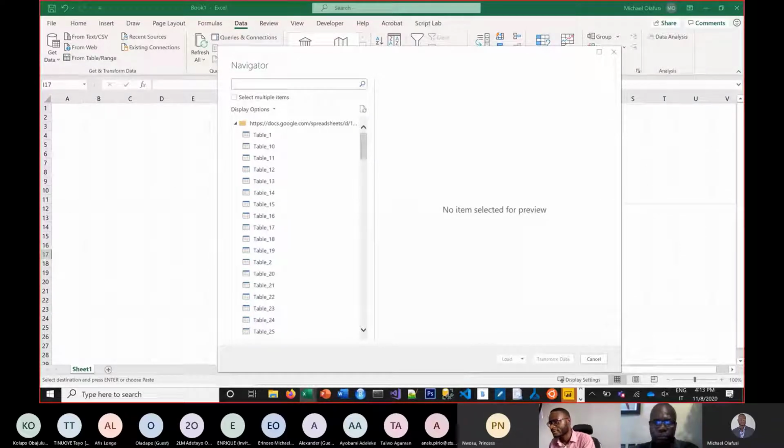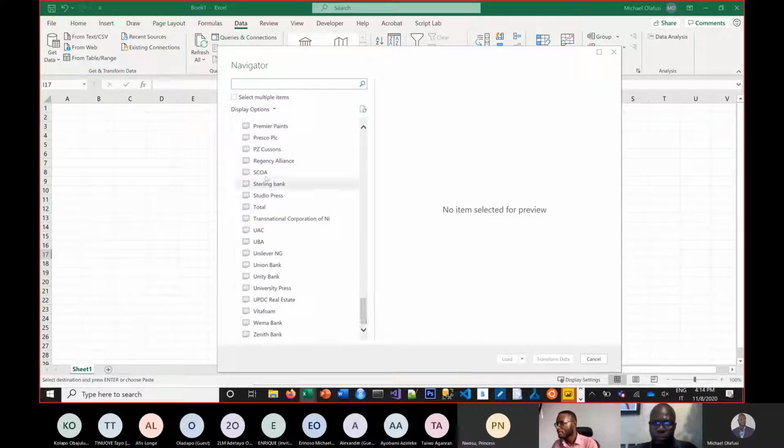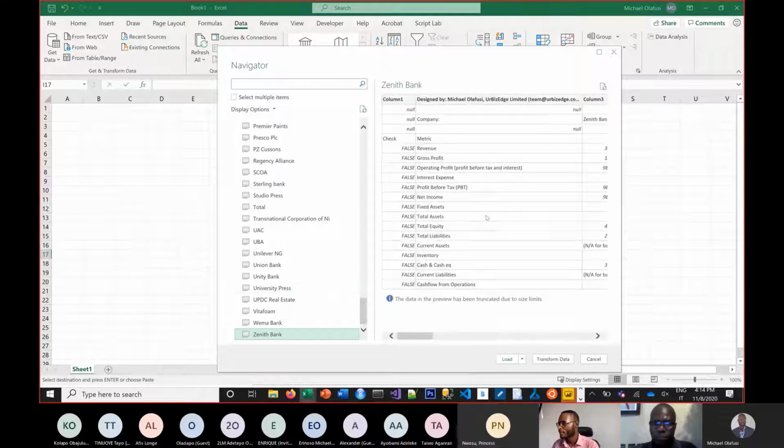From this segment of your Excel, if you are using my version, if you're using the newer version, you see this aspect of your Excel, this Get & Transform, actually takes you to Power Query. For some older versions, you will have to enable Power Query yourself. But from 2016 upwards, 2016, 2019, and if you're using the subscription version, you will always have Power Query embedded. So great. Now I have all these companies, which if I pick one of them, Zenith, you will see